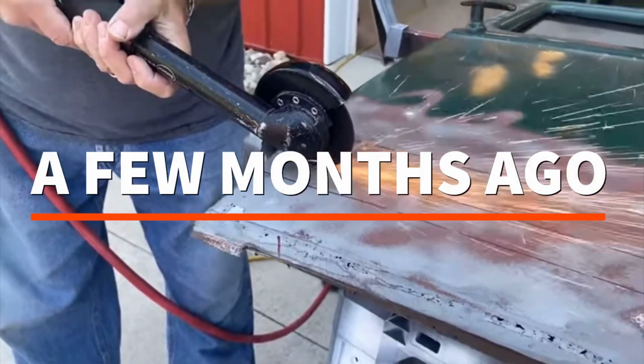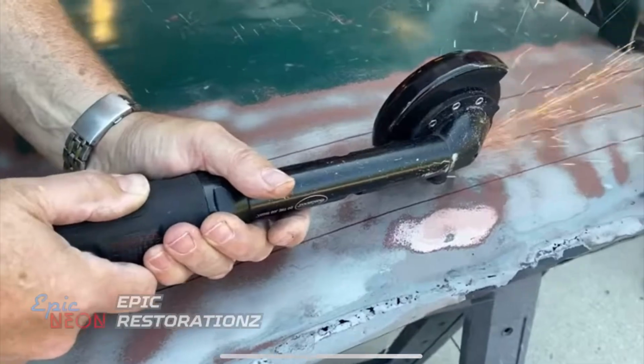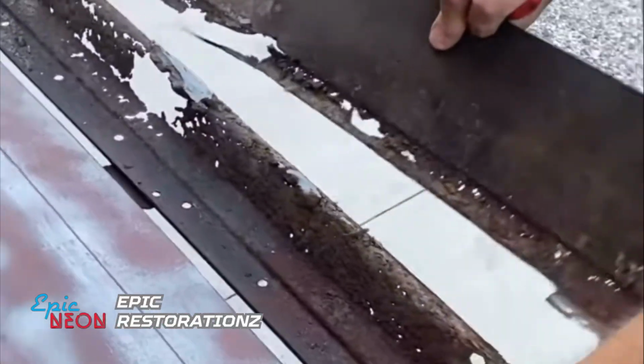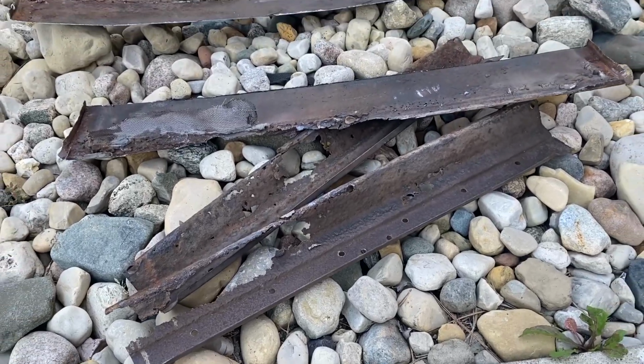A few months ago, we started work on our Model A doors. We cut out the rot and removed what was left of our inner door bottoms and the outer lower door panels. Today, we're going to repair our two doors by fitting our new panels to their frames and welding them into